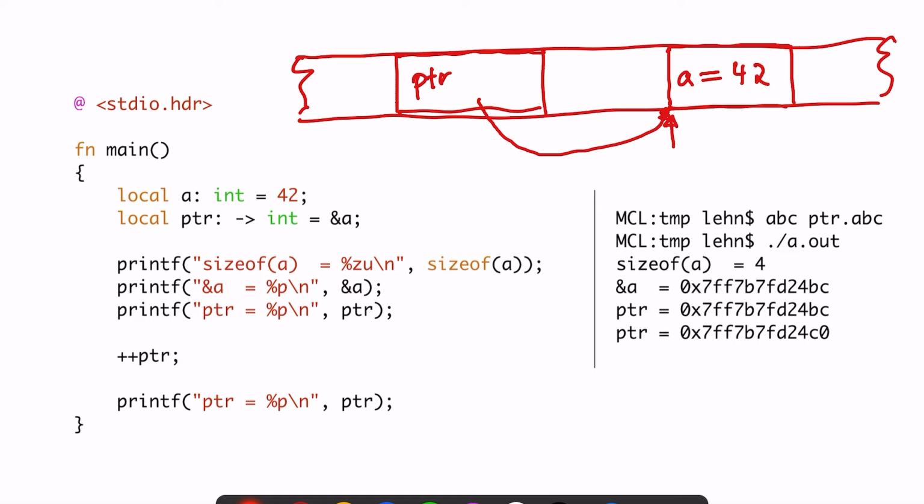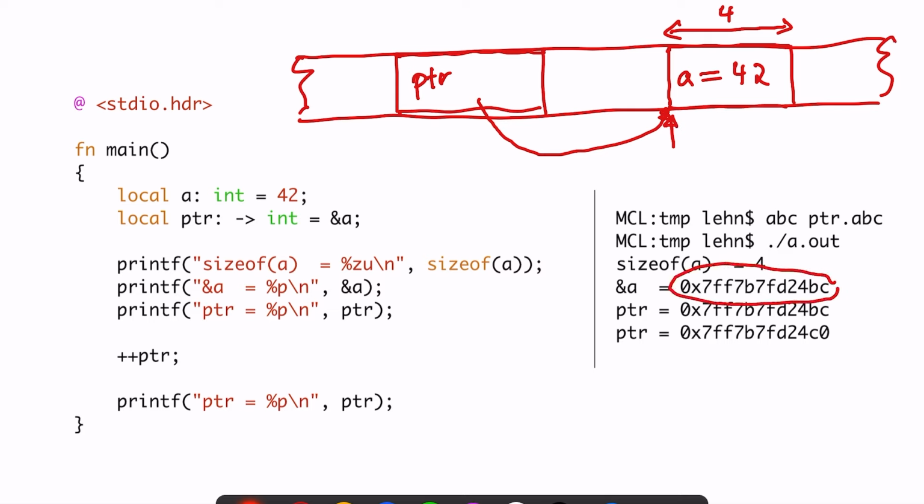Now here you see the output when I run the program on my machine. And you see, for example, that I'm first printing out the size of a. That means I'm printing out how many bytes are used for this memory location of a. And in my case, it's 4 bytes. And I guess you have the same size of int. But on Arduino or other platforms, this might be different. Then you also see the address here,